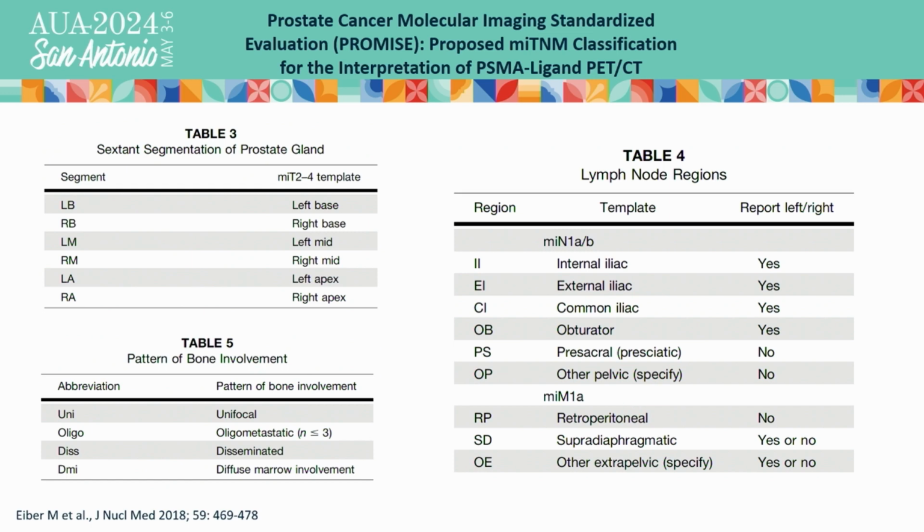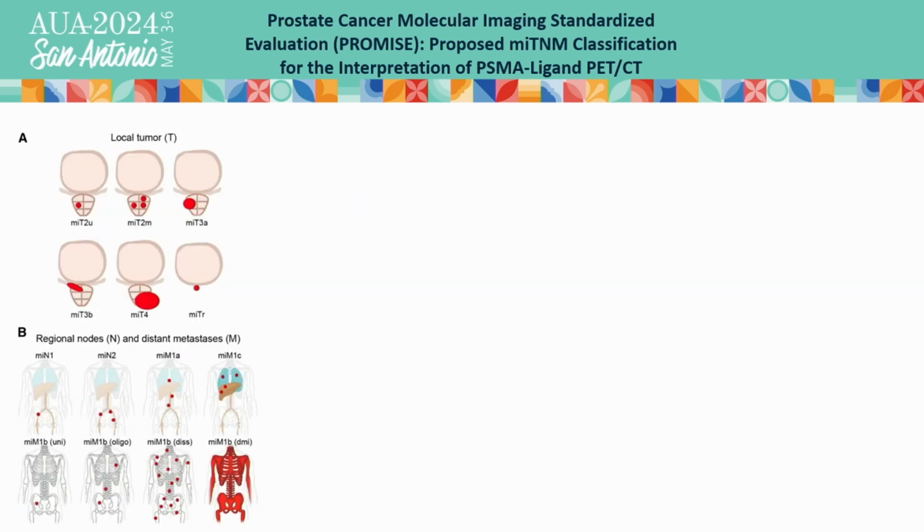Salvage radiation treatment, stereotactic radiation treatment, salvage lymphadenectomy, because a year ago we would receive a report telling us there is a lymph node around the iliac vessels. So it could be everywhere, from the common iliac to the internal iliac, the external iliac. With this type of classification system, you have the exact knowledge where these metastases might be located. And those are some examples.